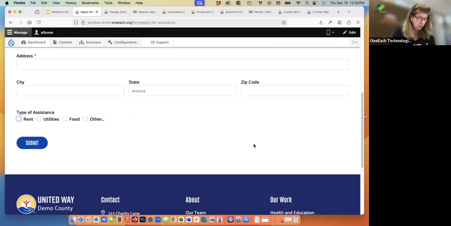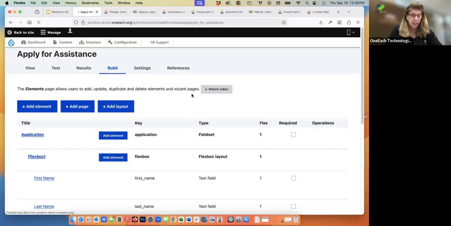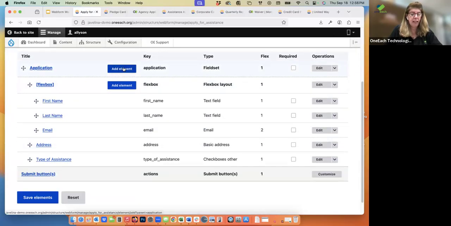If they select rent, what do I need to know? And I'm not going to do tons and tons of answers and questions. I have to pay attention to my time as well. I am going to show you a number field. So we're going to ask how much do you need for rent and for utilities. Let's do it for both. So build, I'm still under my basic application here. So I'm going to add an element